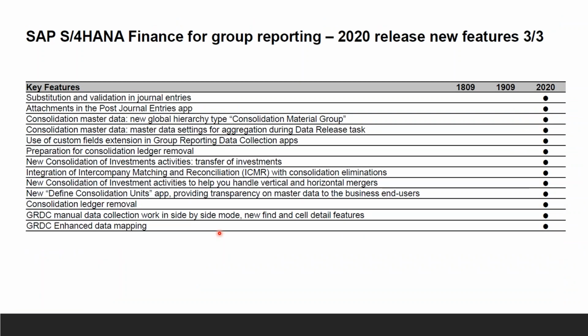And these are all the additional functionality. ICMR was also brought in from 2020 onwards. Earlier it was not there. Now we have ICMR, intercompany matching and reconciliation, which covers both finance as well as group reporting. We are going to cover only the group reporting part, not finance. But concept-wise, everything remains the same, so you can work it out. I think the ICMR solution is part of the standard financial closing cockpit course. They have explained ICMR on the financial side very clearly in that course.